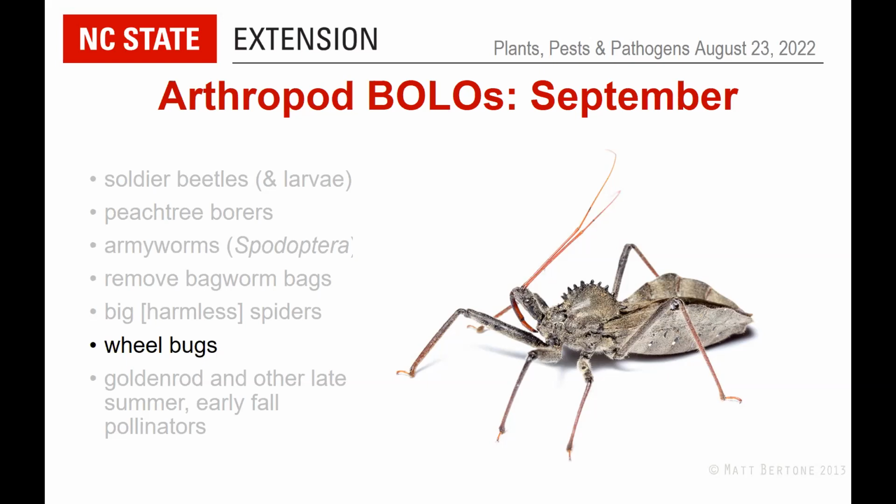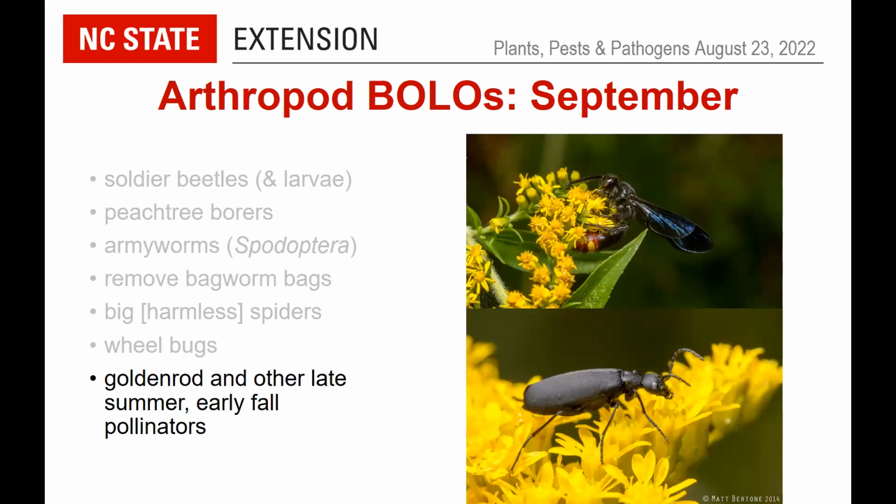and they may be abundant. And of course, lots of the late summer, early fall flowering plants are going to be attracting a lot of insects, goldenrod especially, but lots of other flowers. You may see this blister beetle, but I've actually got a call about a lawn with a lot of